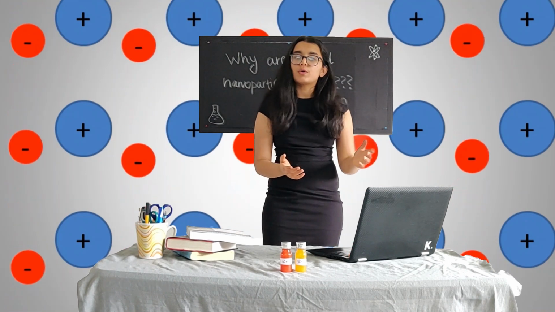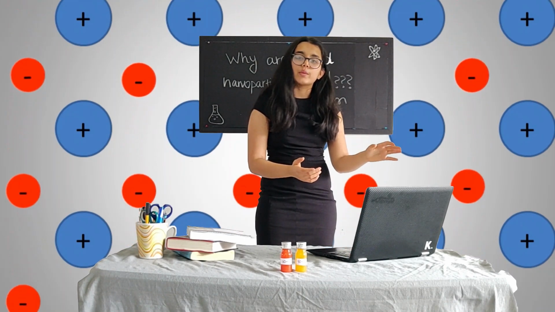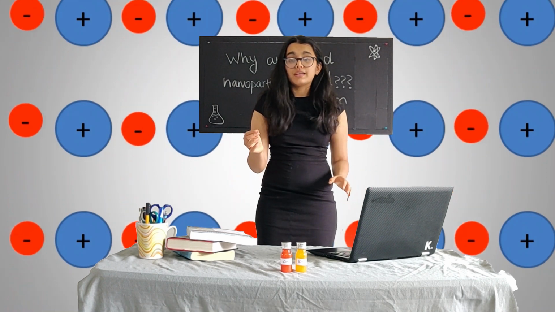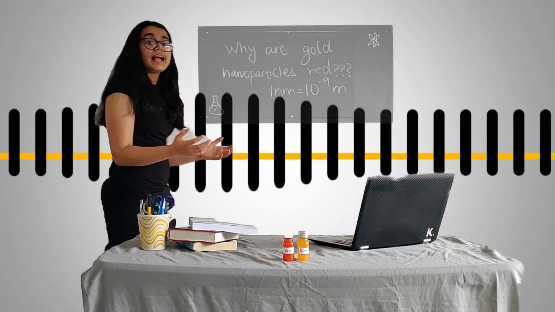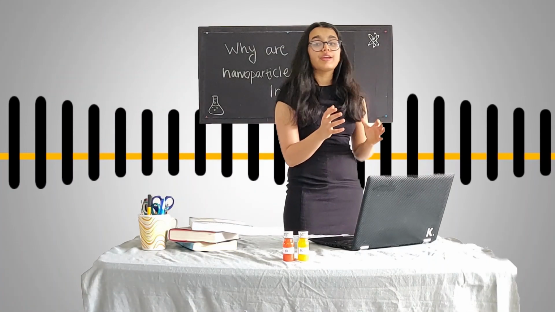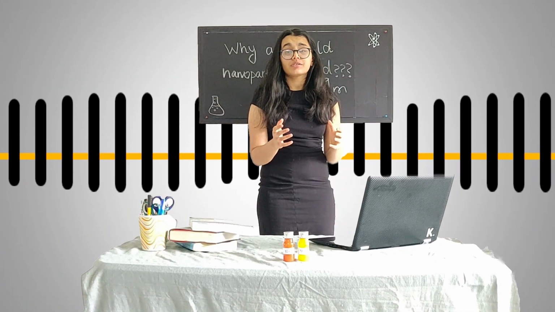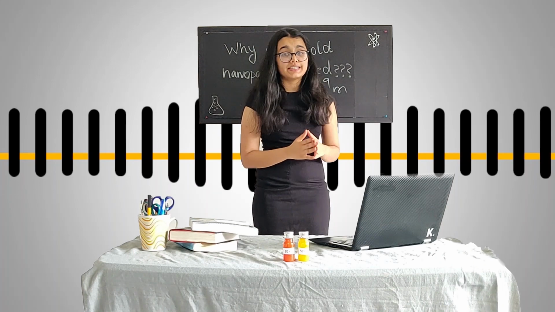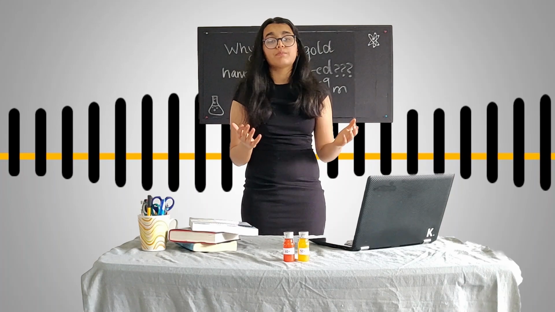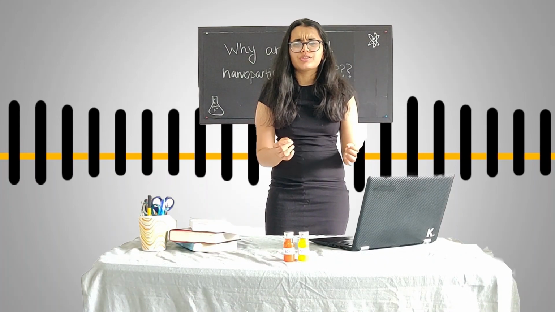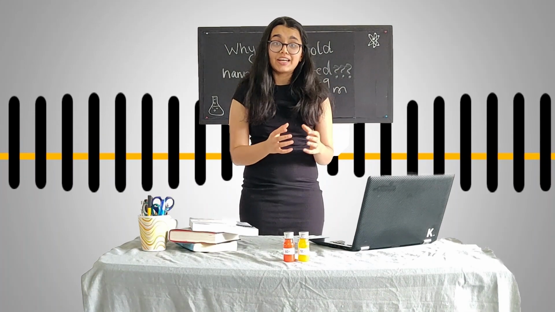We know that photon is the particle name for light wave. Similarly, plasmon is the particle name for plasma waves. When the frequency of the light wave is equal to the natural frequency of the oscillating electrons, a resonance condition is established, and the oscillation of electrons is called surface plasmon resonance, which results in unusually strong scattering and